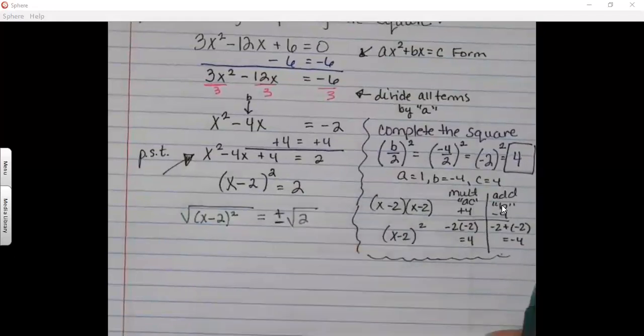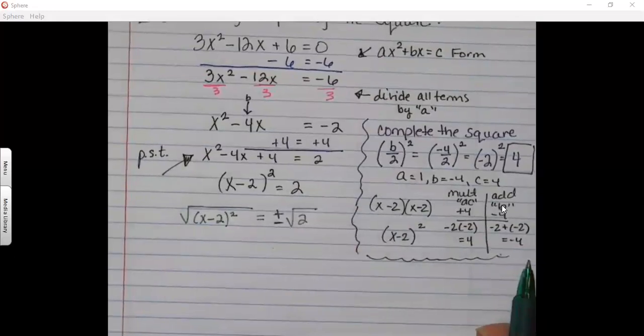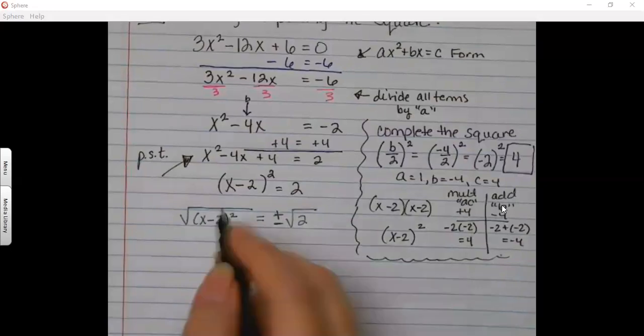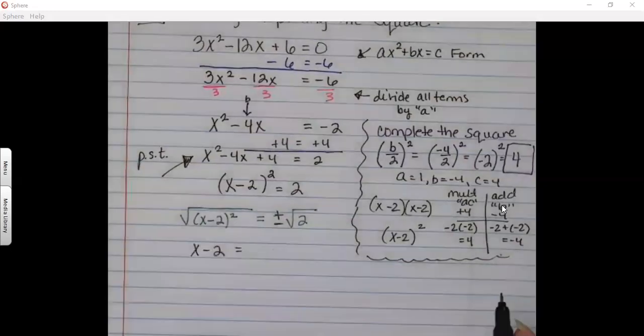You know how when we do quadratic formula, it's always plus or minus the square root, right? So that's kind of the same as what we're doing there. We need two answers. One will be the positive square root and one will be the negative square root. Don't do that on the left side, only on the right side. What is the square root of x minus 2 quantity squared? It's just x minus 2. The radical sign goes away, the exponent goes away. x minus 2 equals positive or negative, or you can say plus or minus,